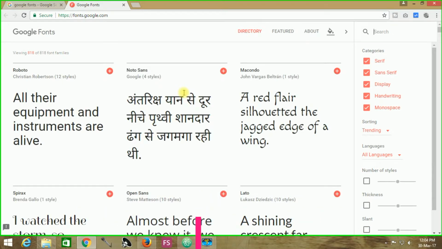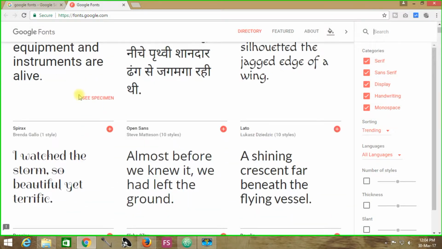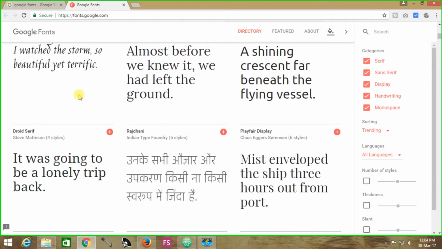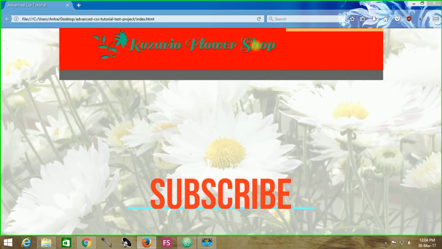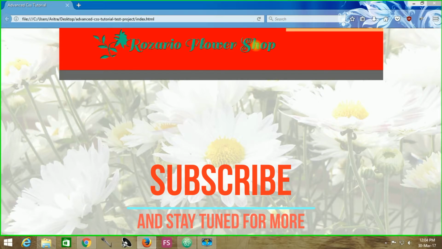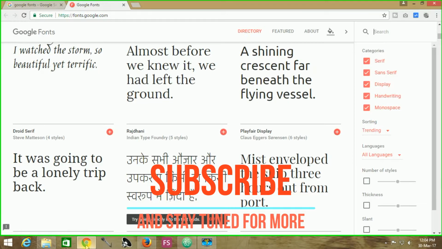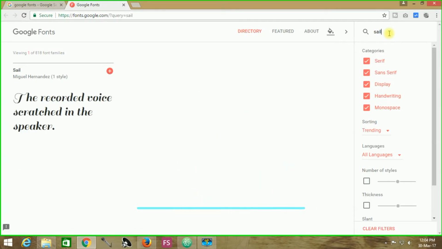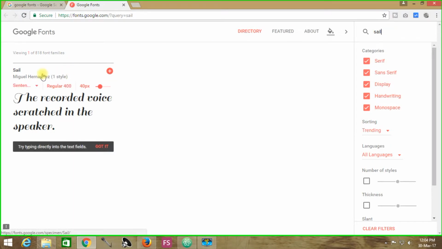So this is the layout of Google Fonts. Now we can see there are plenty of fonts right over here, among which we have to look for the exact font that directly matches with this layout. The font I have used so far here is Sail. That is why I will be looking for the Sail font in Google Fonts. And I think we are a little bit lucky here, because we found the exact same font that has been used both in the template and in the website in our project.